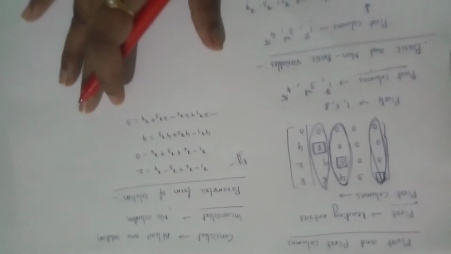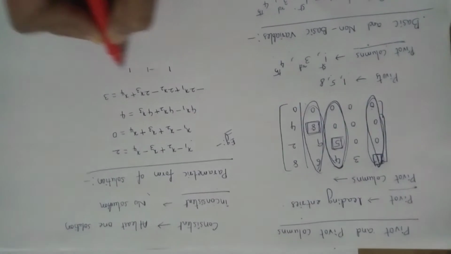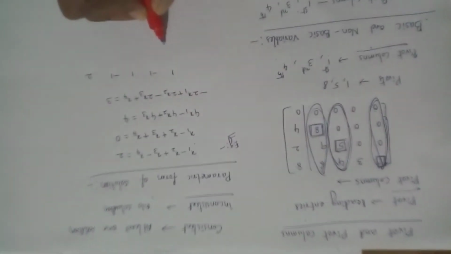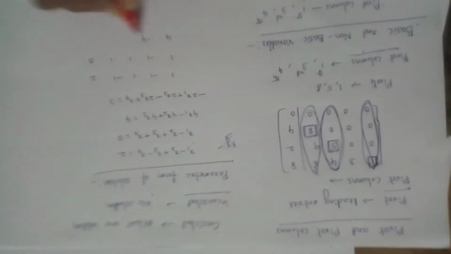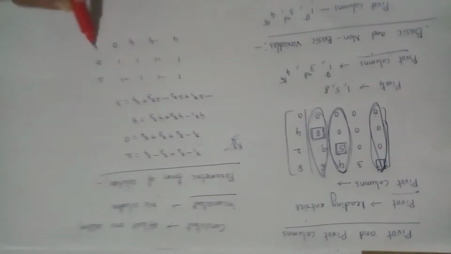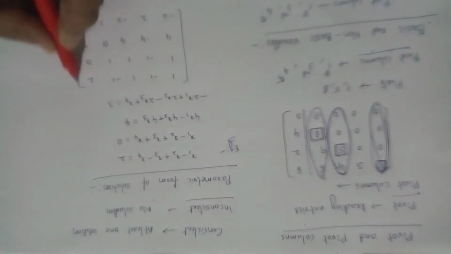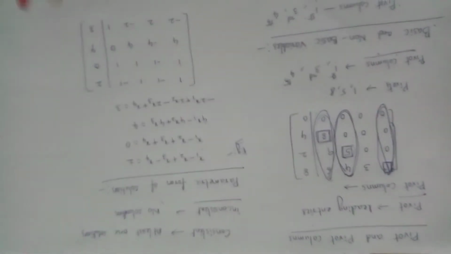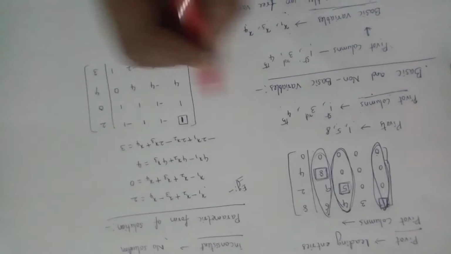First of all I am writing the augmented matrix. First row: 1 minus 1 1 minus 1 2. Second equation: 1 minus 1 1 1 0. Next: 4 minus 4 4, the x4 variable is not there so 0, and next 4. And next: minus 2 2 minus 2 1 3. This is the augmented matrix of the given system. Next, see here, the leading entry is 1.